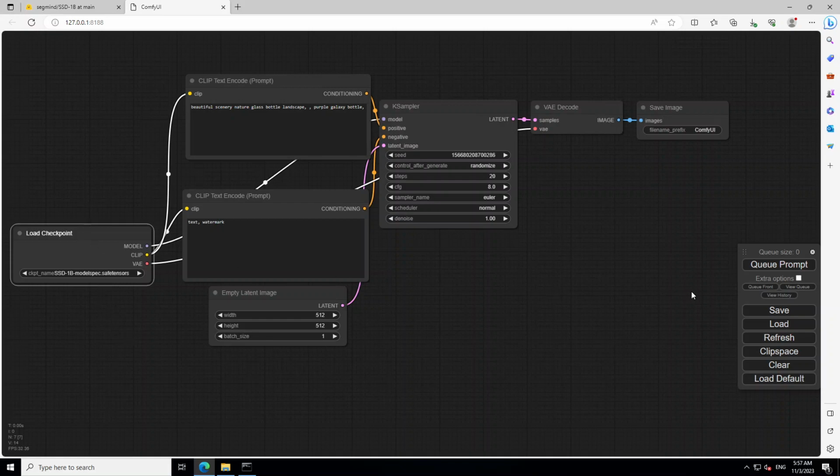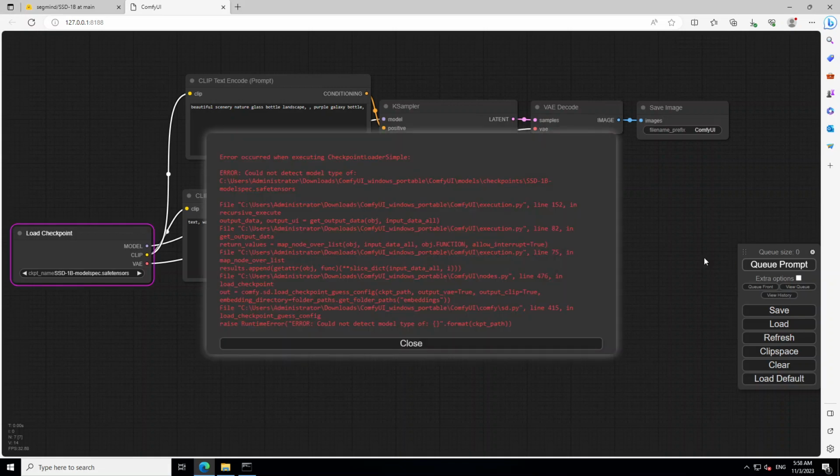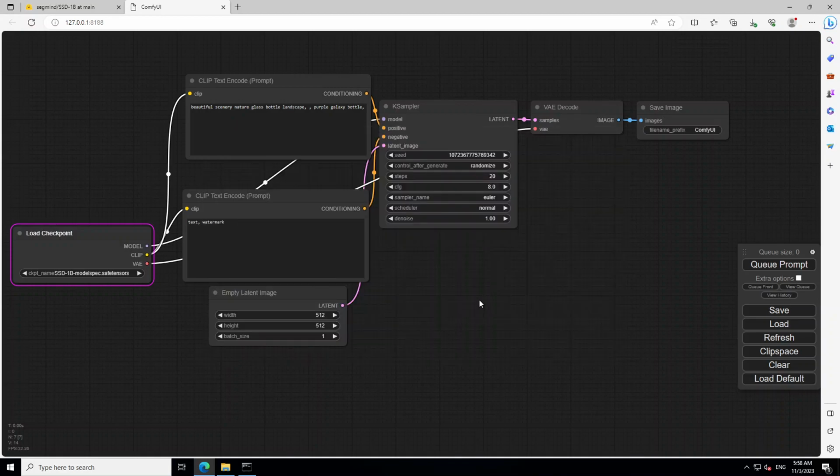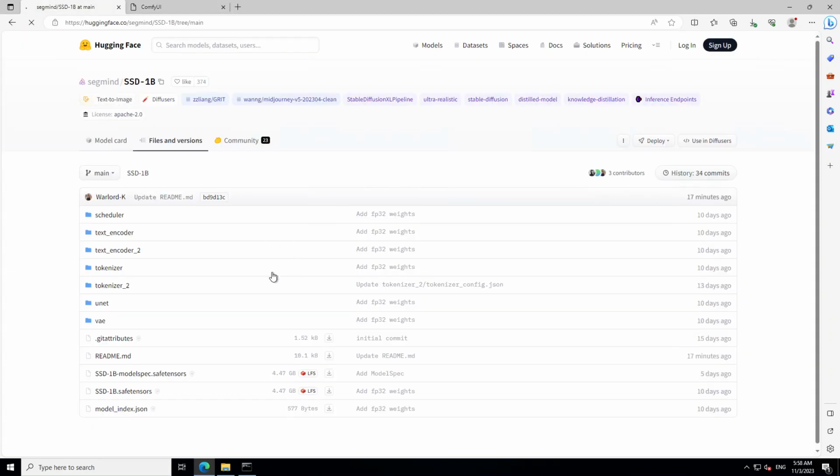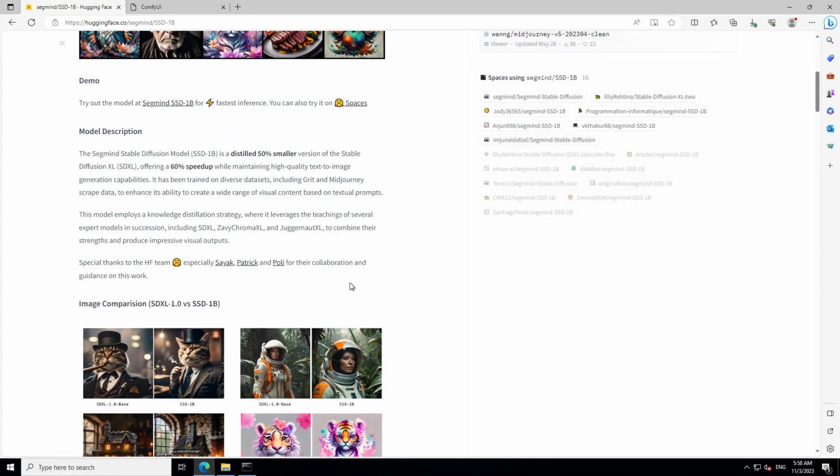Once that's done, on the right hand side, click on Queue Prompt and it has given us an error. It says that it hasn't found model type of CKPT path. So let me quickly check what exactly this could not detect model type of SSD 1 billion. Okay, that is amazing. Let me restart it, because if you go to the Hugging Face website model card, it says that,